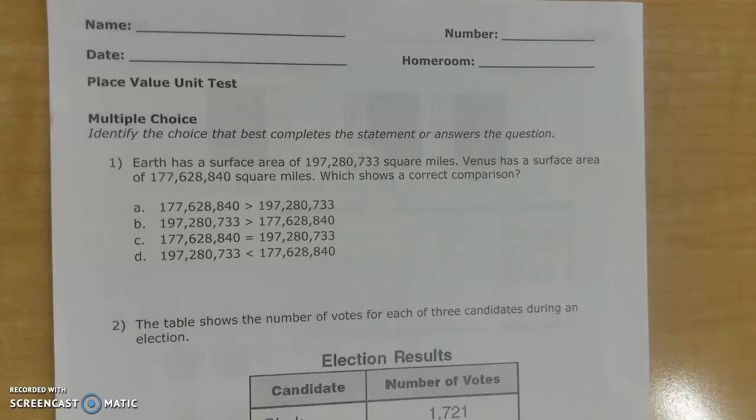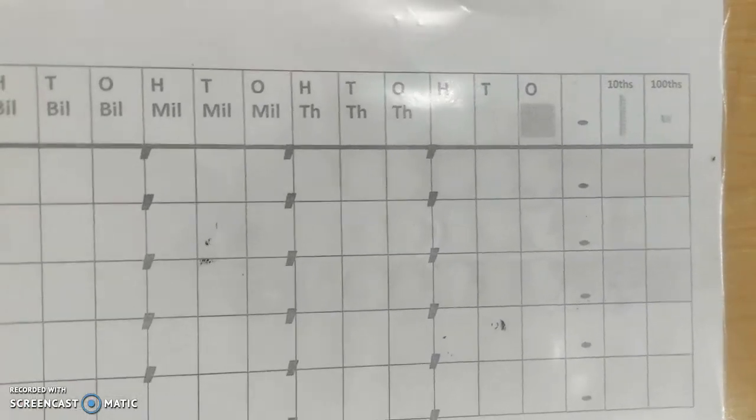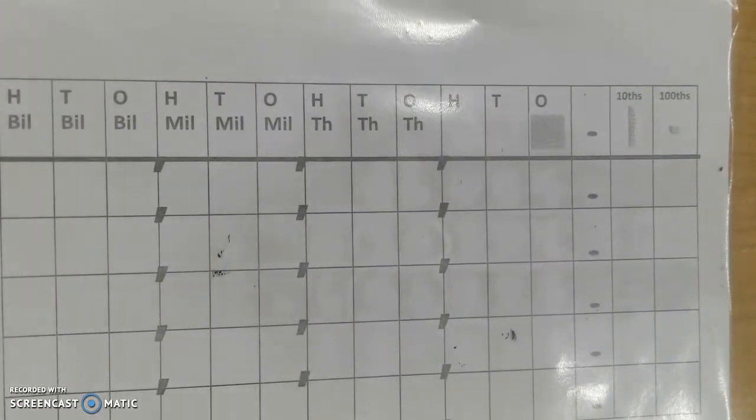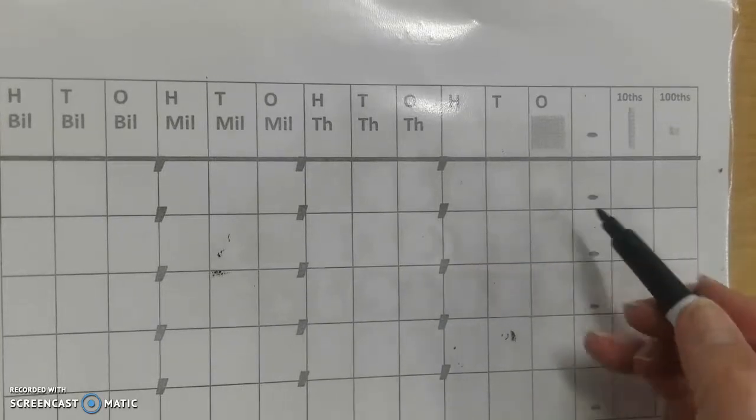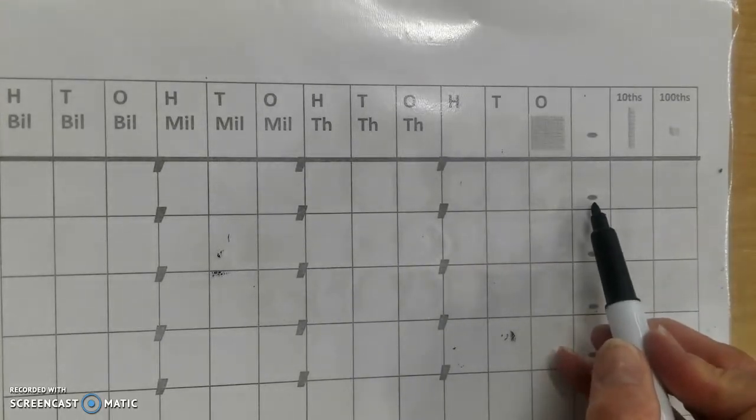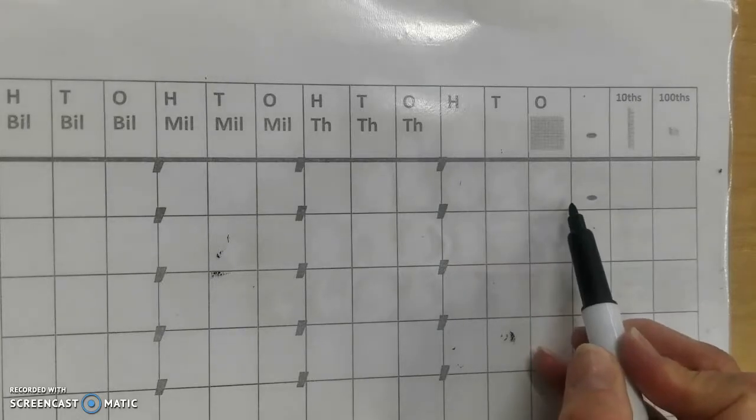This first question is asking for you to compare two numbers. In order to do that, you need to make sure that you have your place values lined up. So this is where you'll take out your place value chart and make sure you have both numbers written on your place value chart. The numbers are 9 digits long with no number after the decimal, so I would count